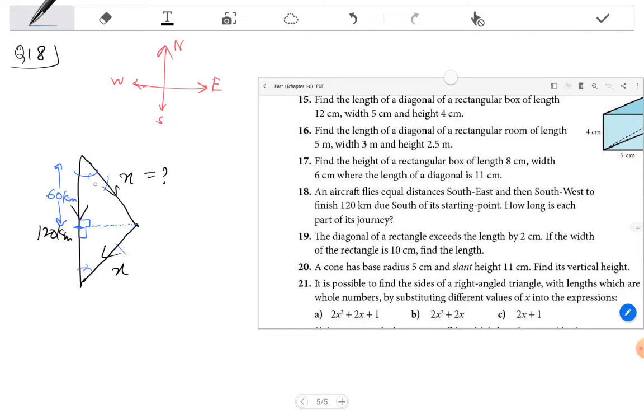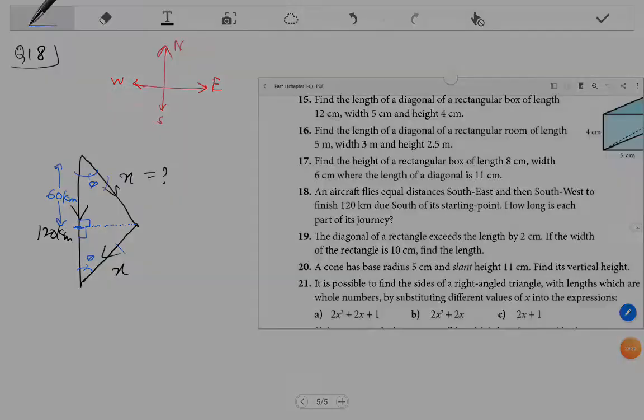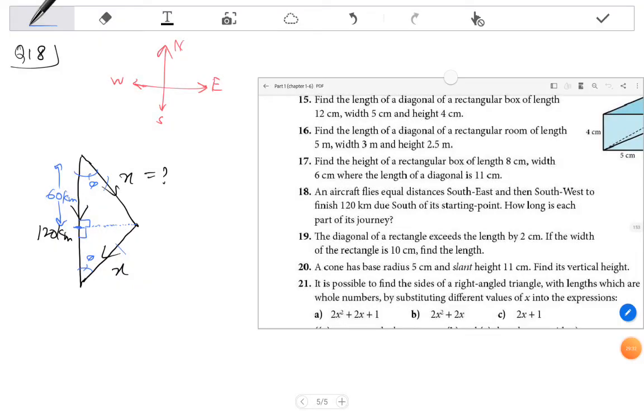So these two angles are equal. Let's suppose theta and theta both are equal. As this was like this direction between east,